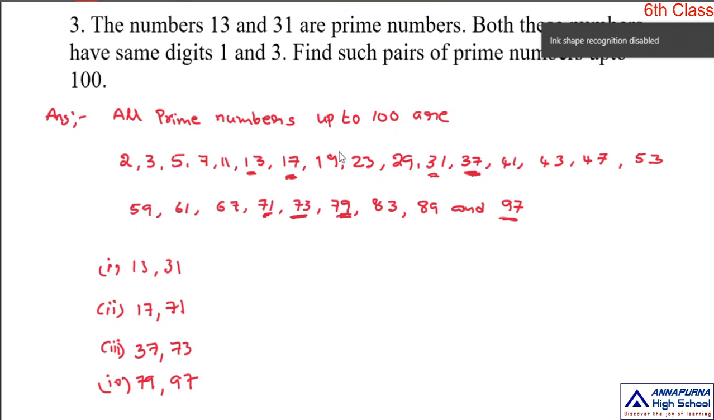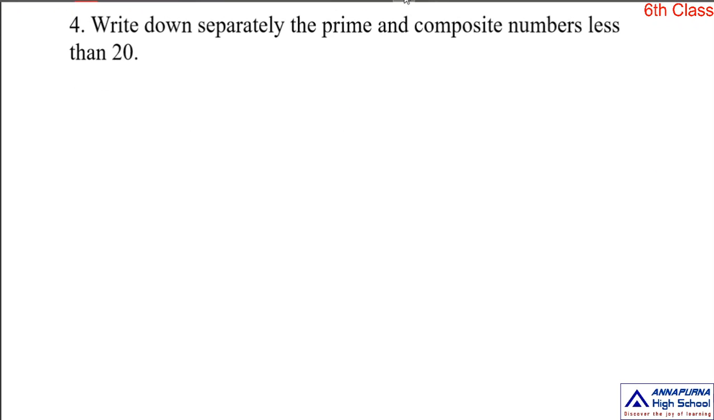Let us do the next problem. Write down separately the prime and composite numbers less than 20. Already we know that prime numbers are those numbers whose only factors are 1 and the number itself. The prime numbers less than 20 are